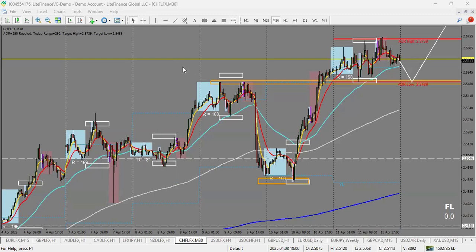So this week we'll be looking at EURUSD, EURJPY. We'll also be looking at Pound CAD, USDZAR, and gold. So we review where the market closed last week and what setups we'll be watching as we head into Monday